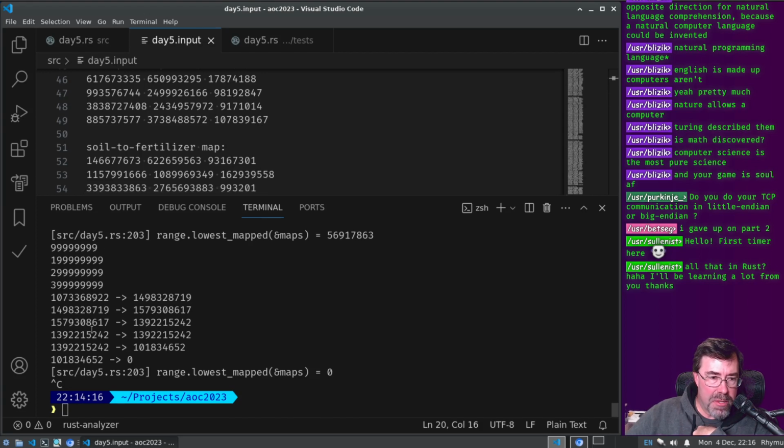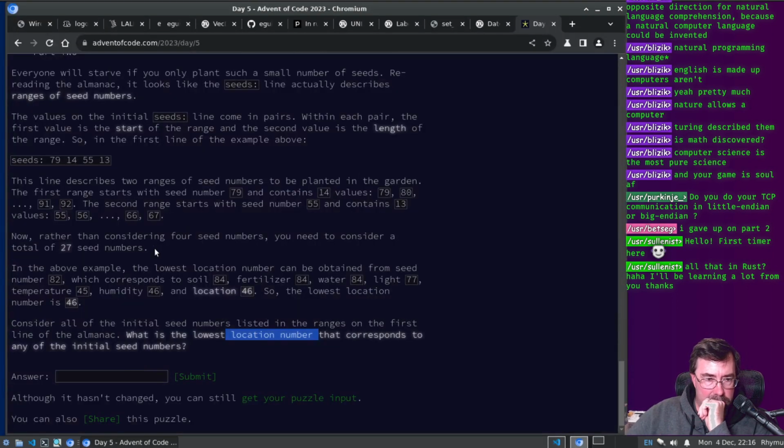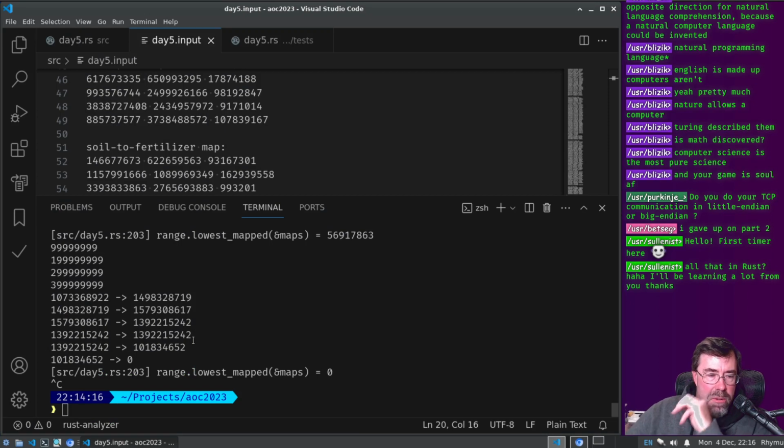So if the mapping is correct, it did go to location 0. If we have something that goes to location 0, that is the lowest number, right? Maybe I have an off by 1 problem here? Could that be it?